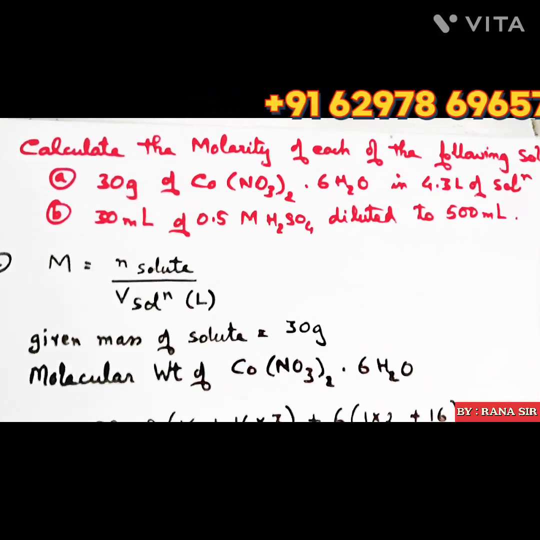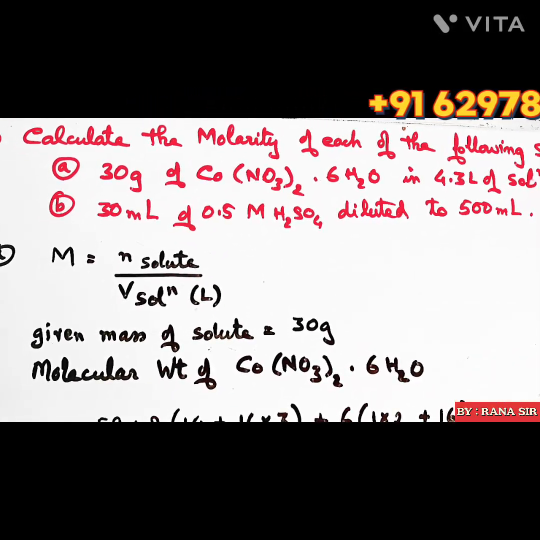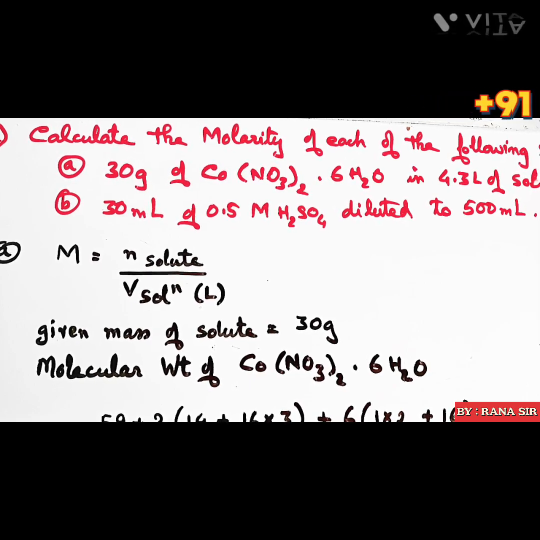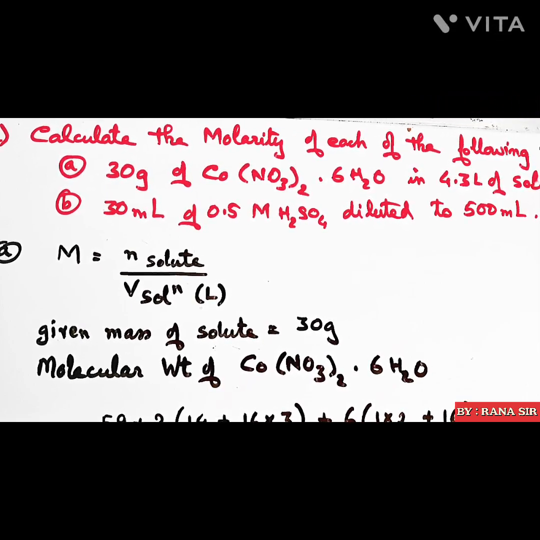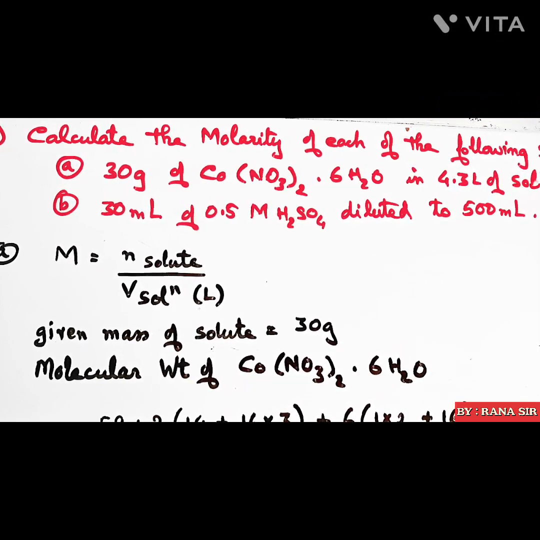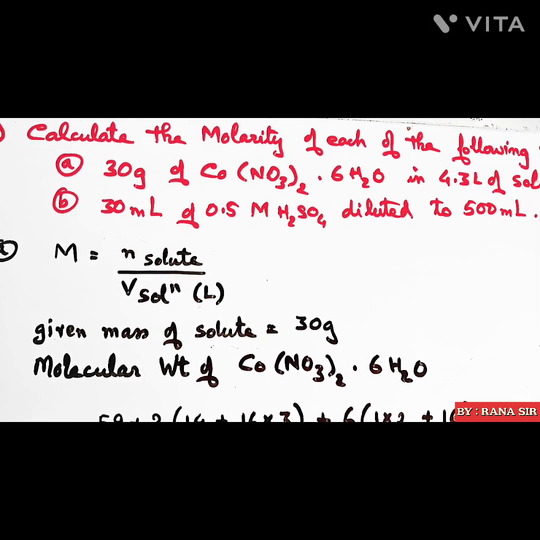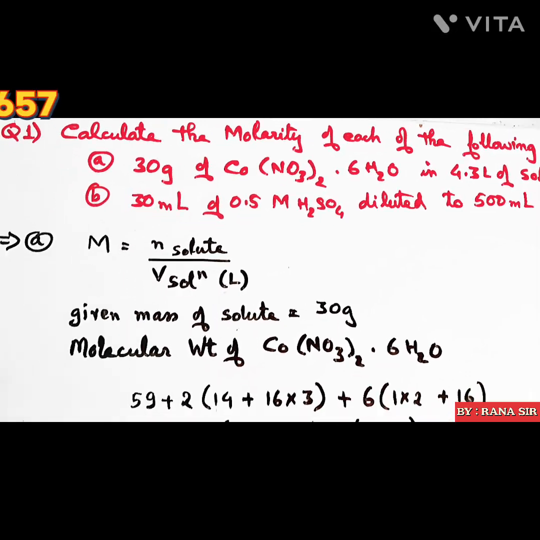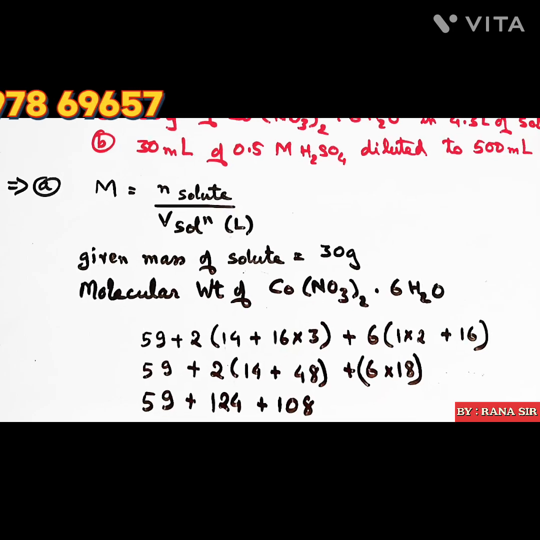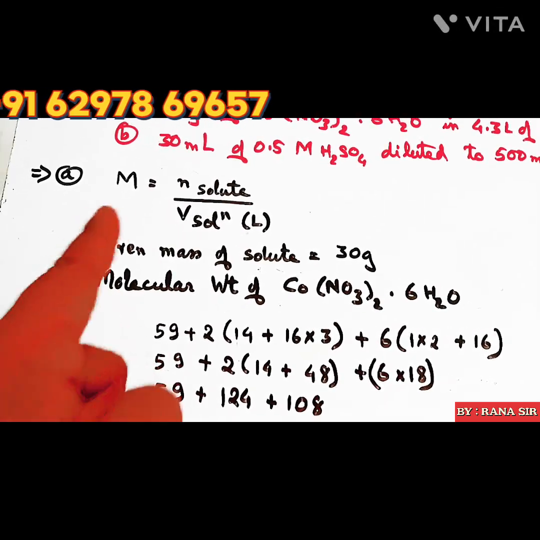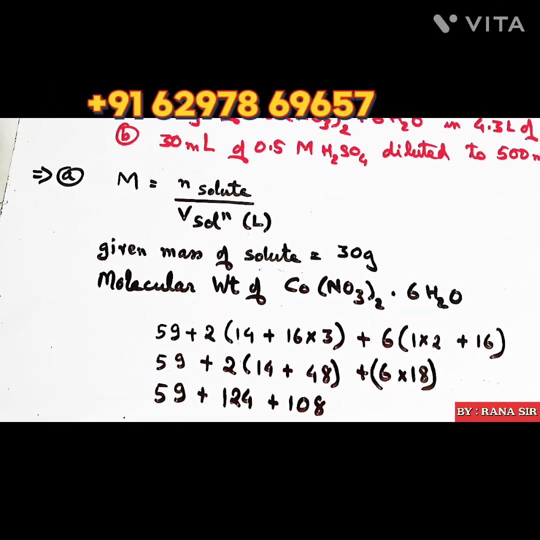And what does B say? 30 milliliter of 0.5 molar H2SO4 diluted to 500 milliliter. Let us do the questions one by one. Capital M stands for molarity. Molarity, the formula is